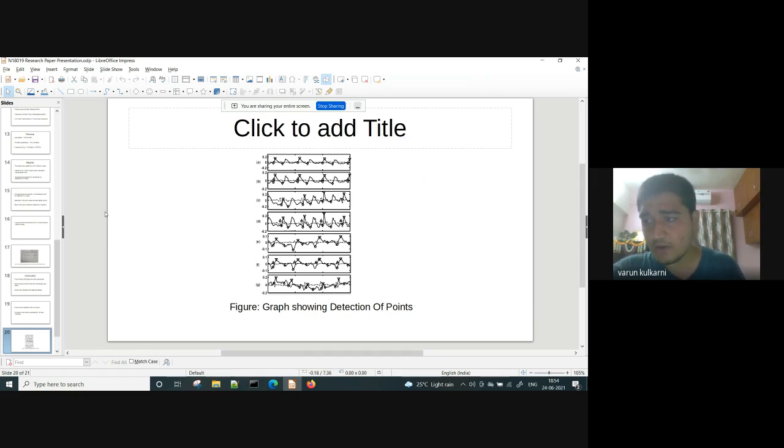For the first case, we have a pre-exercise recording from the subject SH9. Then in the second case, we have the recording in A after denoising. In the third part, that is C, we have post-exercise recordings from subject SH9. In D, we have the recording in C after denoising. In E, we have a pre-exercise recording from subject PT1. In F, we have the recording in E after denoising. And in G, we have a post-exercise recording from subject PT1.